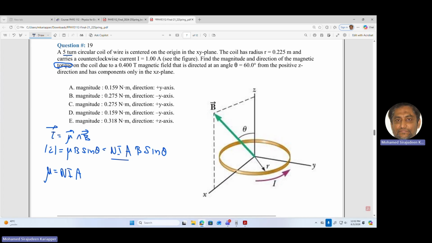Let's go to the direction later. So N is 5, I is 1, and A is pi r squared, r is 0.225 squared, and B is 0.4,